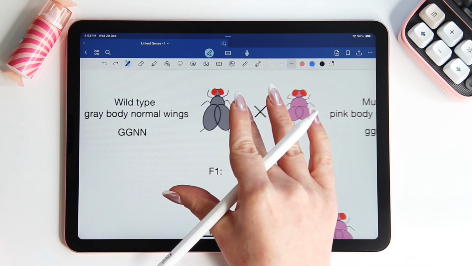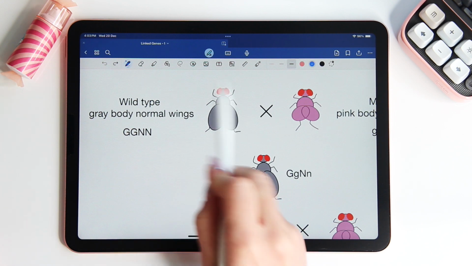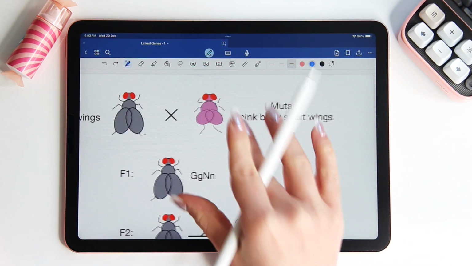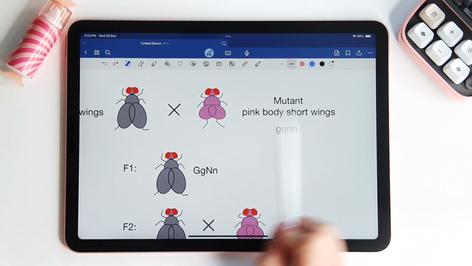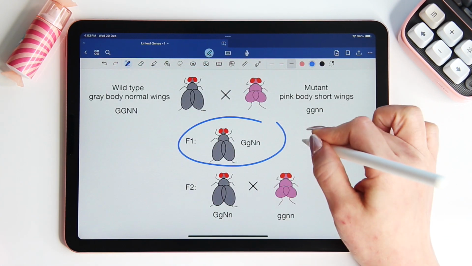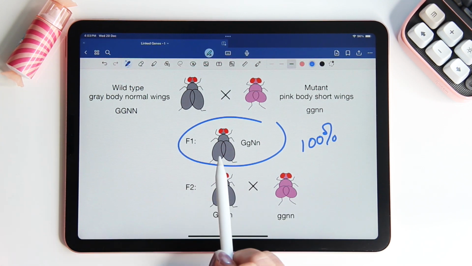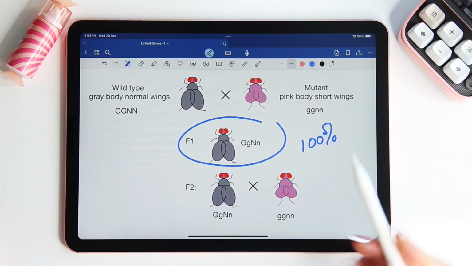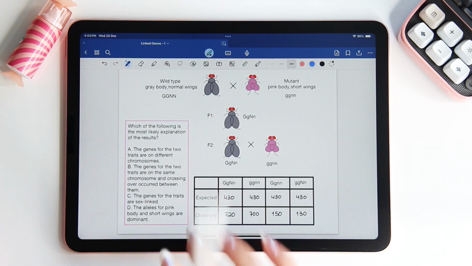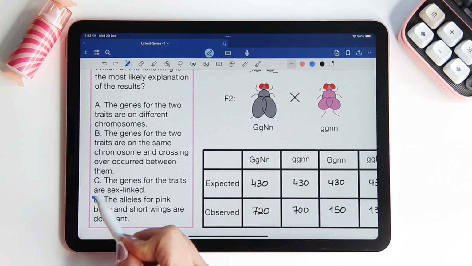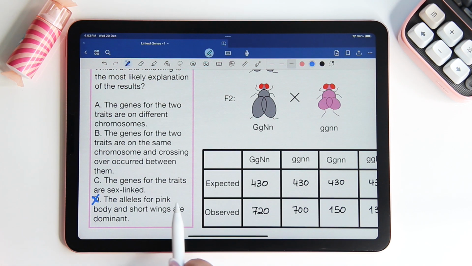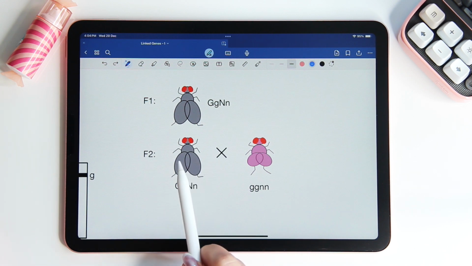Here we have a wild type gray body, normal wings fly, crossed with a mutant pink body, short wings fly. As you can see, 100% of the first generation F1 have gray body and normal wings, which means gray body and normal wings are dominant traits, which immediately eliminates option D that claims that the alleles for pink body and short wings are dominant. Next, a hybrid F1 fly is crossed with a mutant fly, what we call a test